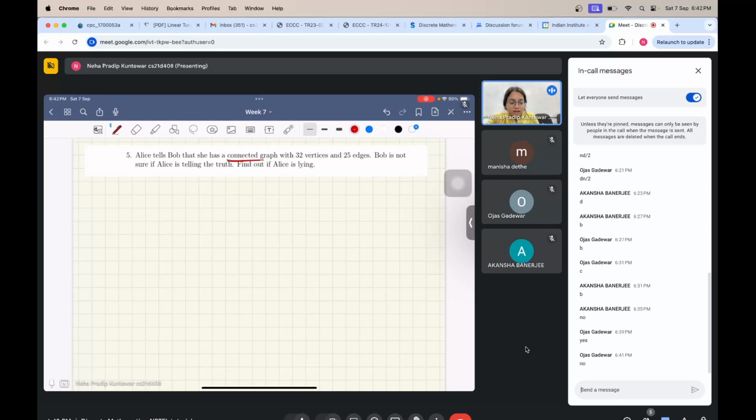So if you have a graph that is connected, you can even generalize this. So you can say that if G is a connected graph with n vertices,